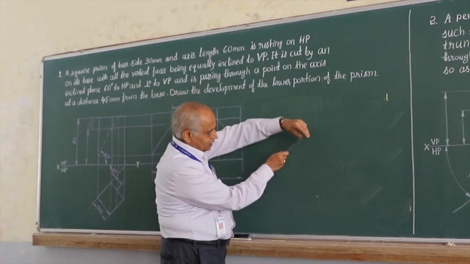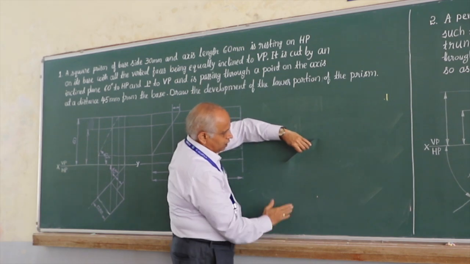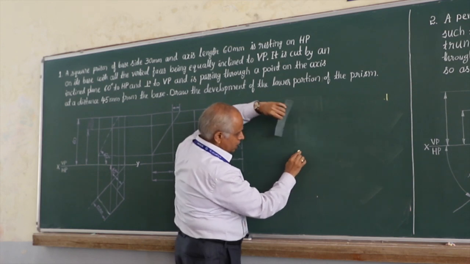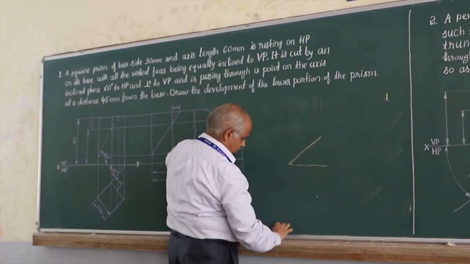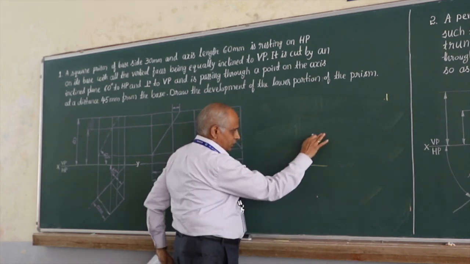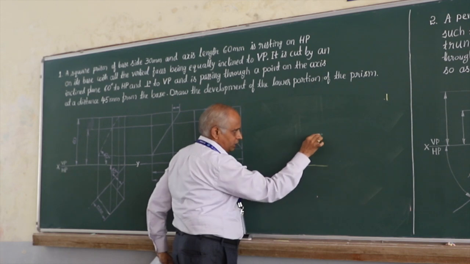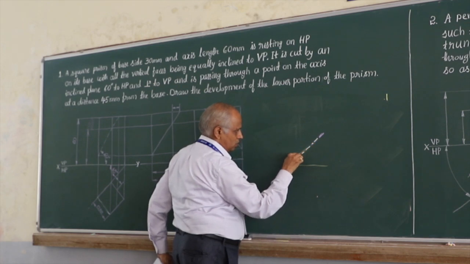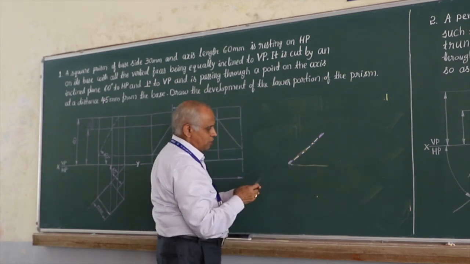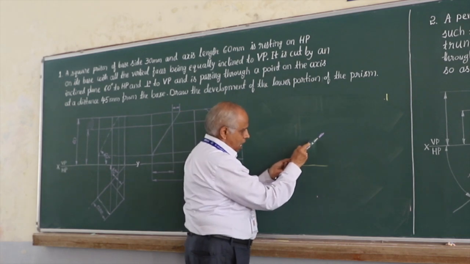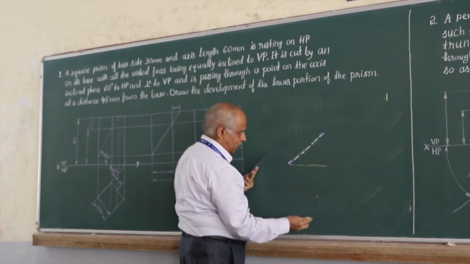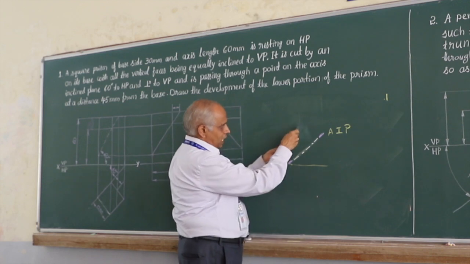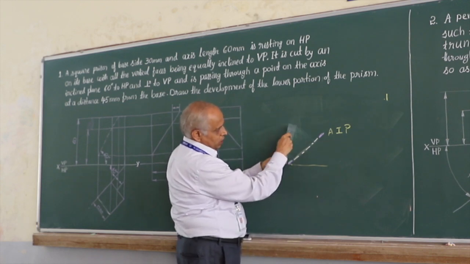If I take a cutting plane like this plane, remember, it is perpendicular to VP and inclined to HP. So this is the cutting plane and this is the reference plane, and by convention we denote this cutting plane as two thick dashes at the end and alternately long and short thin dashes. This is the convention. Remember, this plane is perpendicular to VP, and therefore in front view you are going to see this section plane, and this is called the auxiliary inclined plane. Remember, an auxiliary inclined plane is a plane perpendicular to VP and inclined to HP.